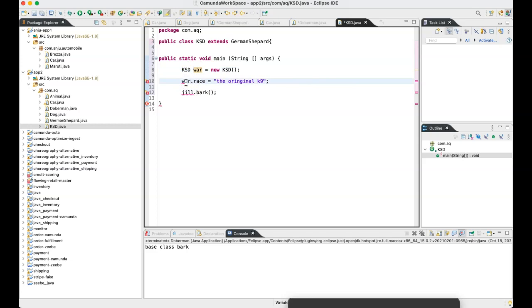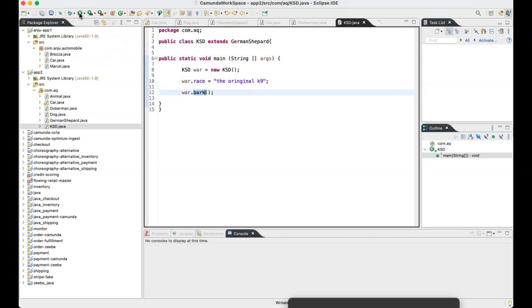The dog name is war. Now you tell me, where is this bark method getting called from? Let me run this.